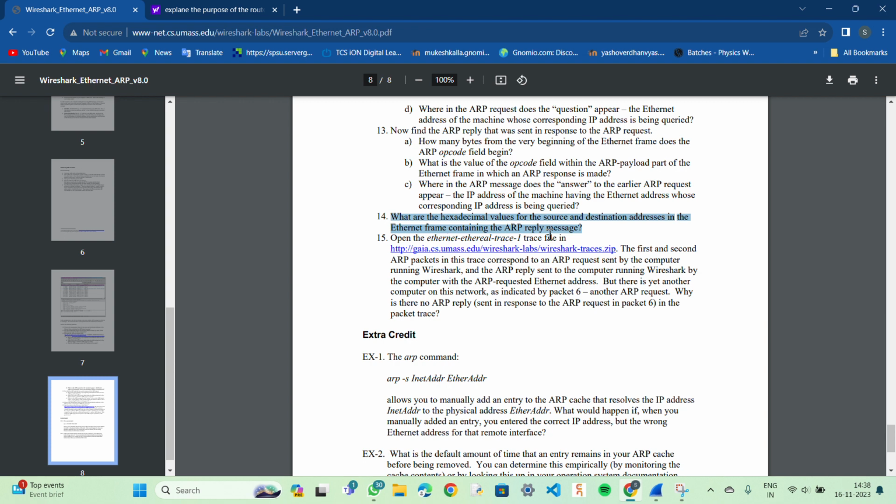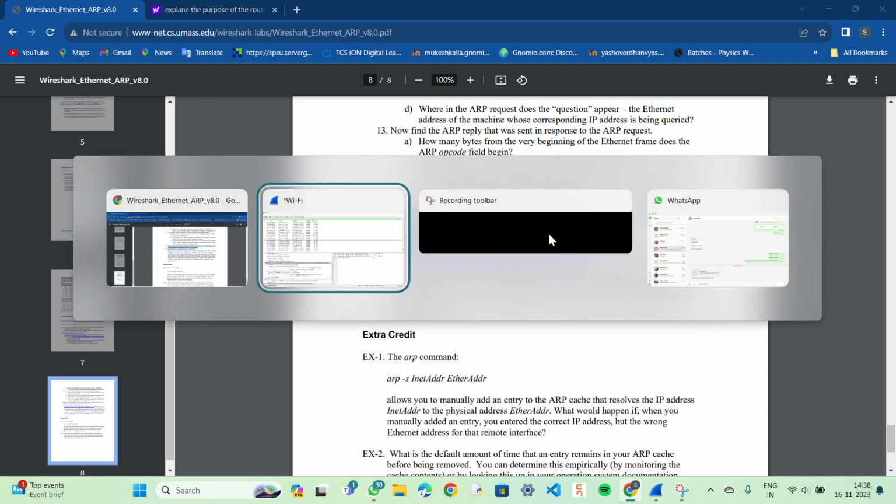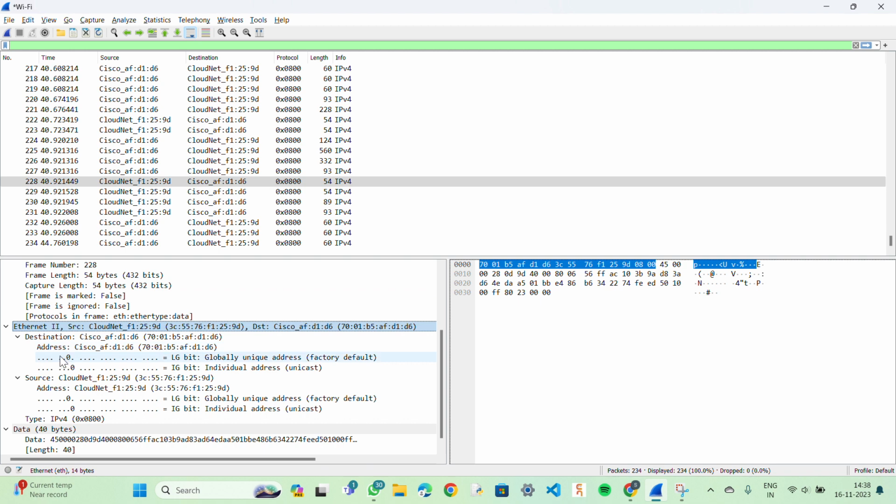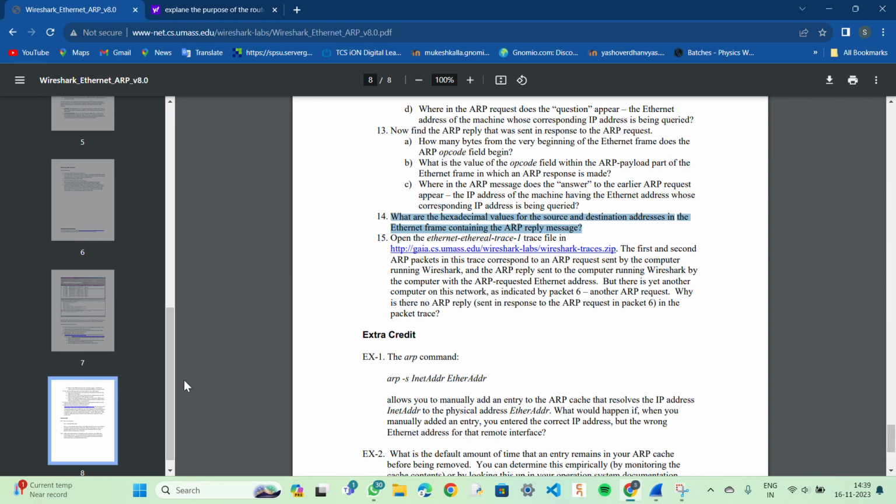The question number 14 is, what are the hexadecimal values for the source and destination address in the Ethernet frame containing the ARP reply? The destination address is 70:01:B5:AF:D1:D6, and the source address is 3C:55:76:F1:25:90. And the 15th question is,